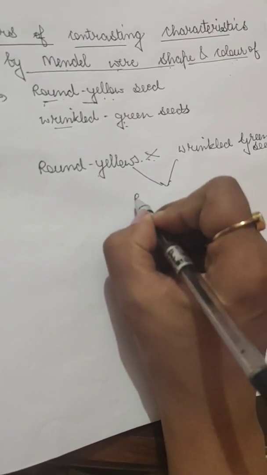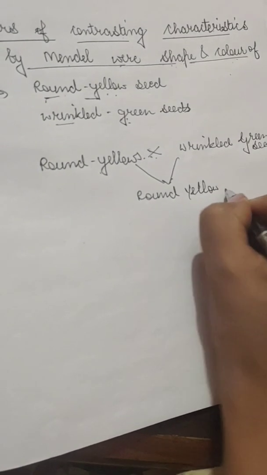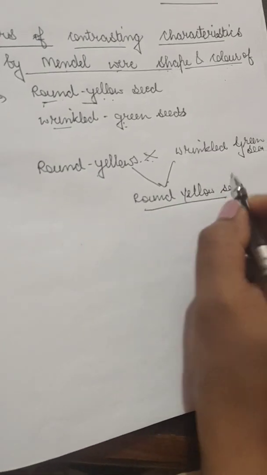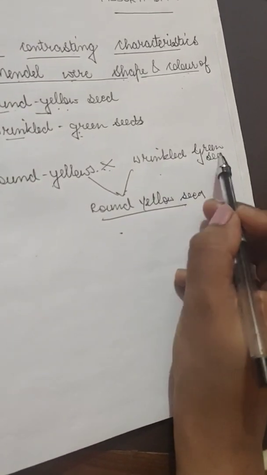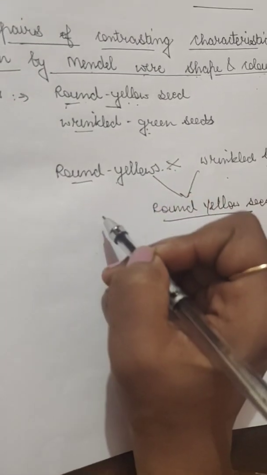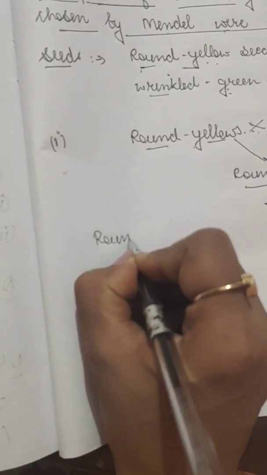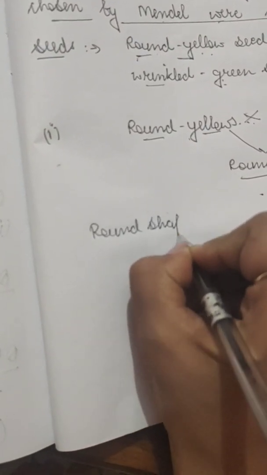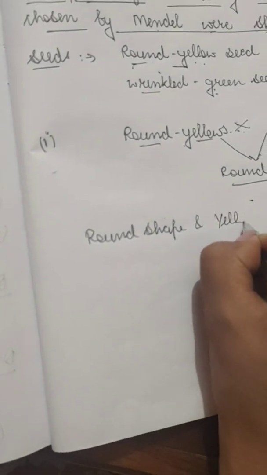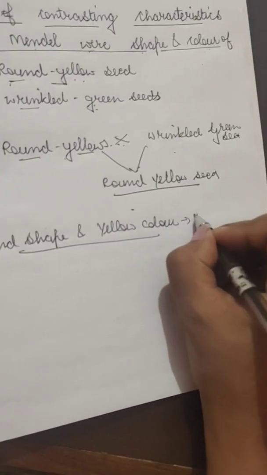That one type of seed was only round yellow seeds. So only these seeds were produced. There were no wrinkled green seeds. So it is clear that here the round shape and the yellow color are in the dominant stage. That means the round shape and yellow color, this is the dominant